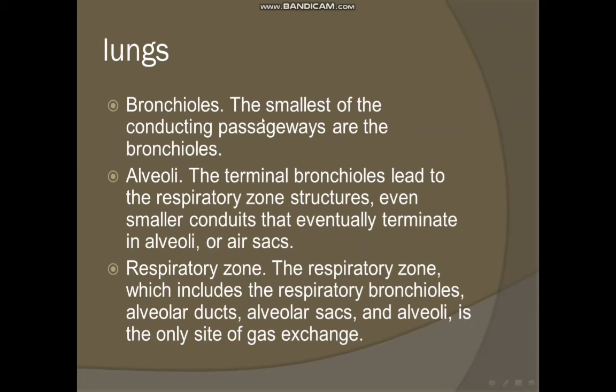Lungs consist of bronchioles. The smallest of the conducting passageways are the bronchioles. Alveolar duct. The terminal bronchioles lead to the respiratory zone structures. These are even smaller conduits that eventually terminate in alveoli, or air sacs. Respiratory zone. The respiratory zone includes the respiratory bronchioles, alveolar ducts, alveolar sacs, and alveoli. This is the only site of gas exchange. That's why they call it the respiratory zone, because gas exchange happens in the alveoli, which are rich